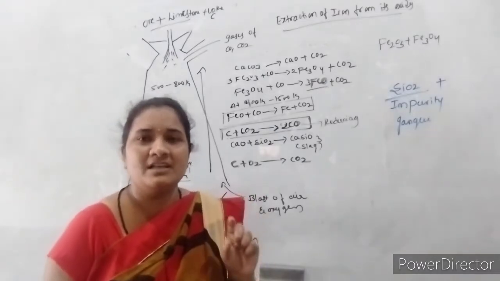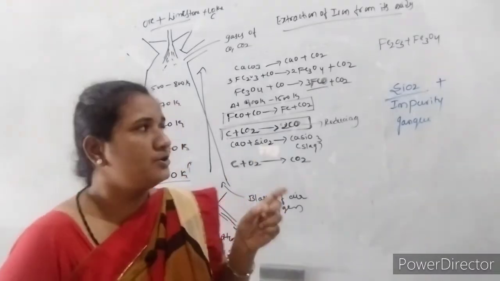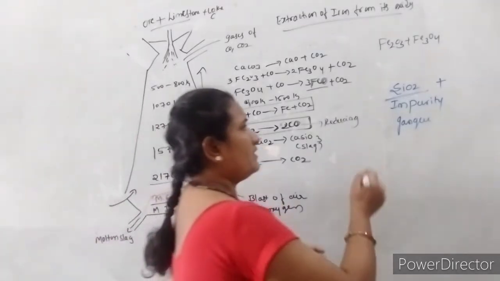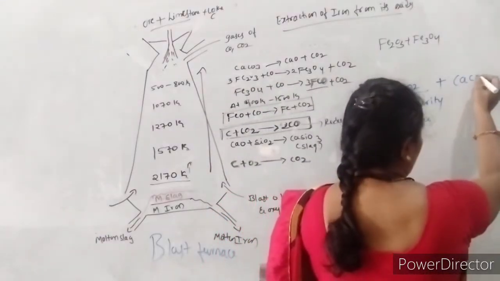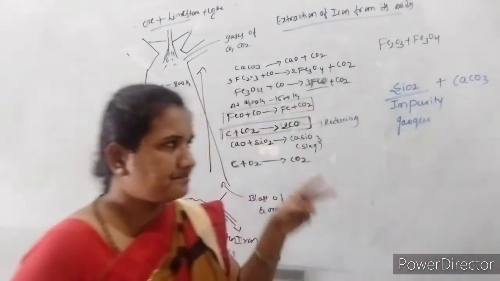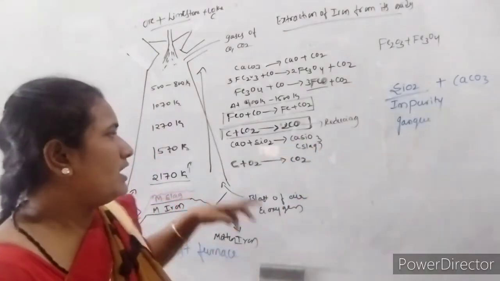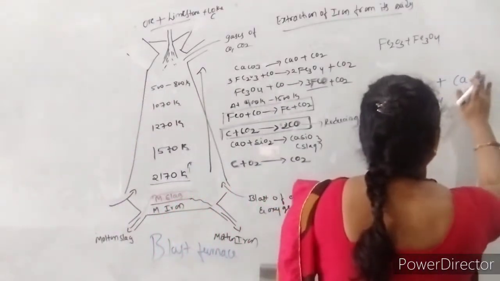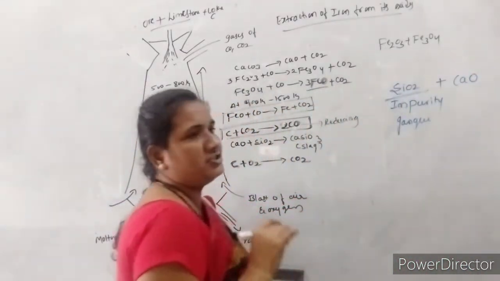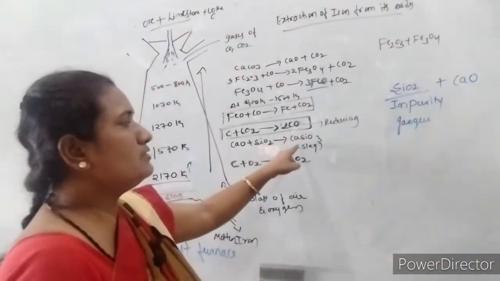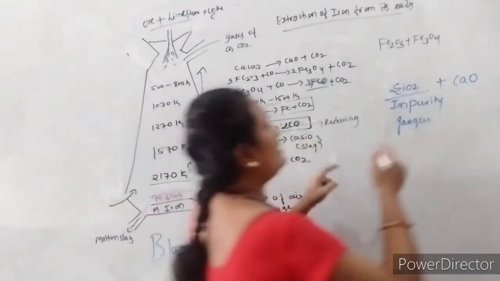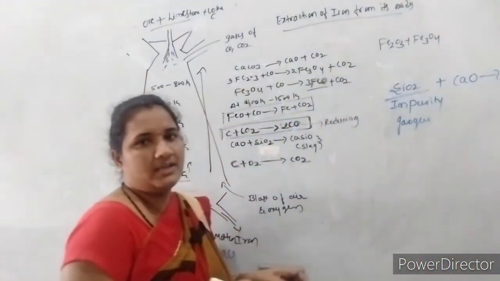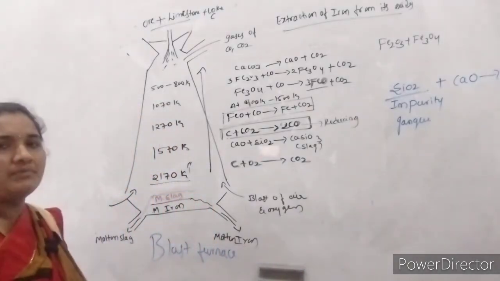The flux is the chemical substance which is added externally to convert or remove the impurity from the ore. So here the flux is nothing but calcium carbonate, which is the limestone. It should first undergo decomposition. As a result, this silica will interact with the CaO, the calcium oxide, and convert into calcium silicate, CaSiO3. This calcium silicate is nothing but the slag.